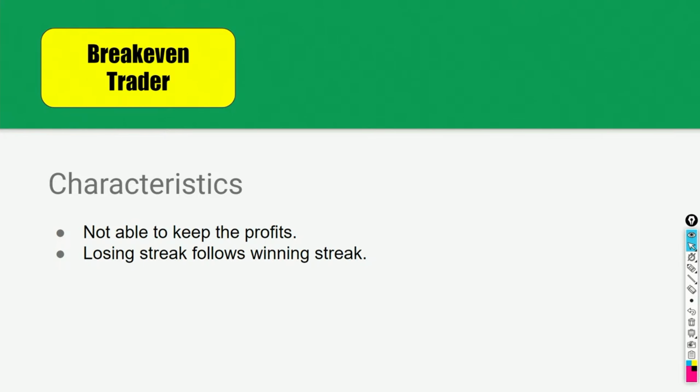You have a winning streak, but it is immediately followed by a losing streak. So you make some trades that are profitable, and suddenly you start making trades that are not so good, that are mistakes, and you lose your profits back. Then you get into that revenge trading mode. You try to get your losses back. You lose some more, and now you had a good week, and you blame yourself that, okay, I had good profits. If only I had stopped trading after Wednesday, I would have taken a long weekend and I would have made some money at the end of the week.